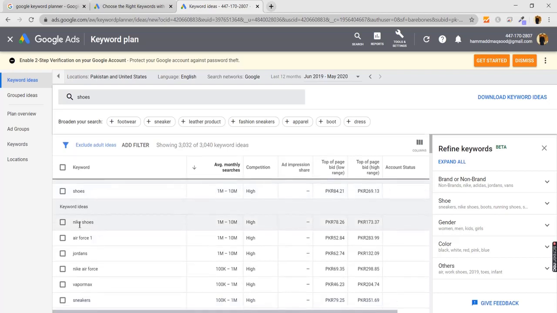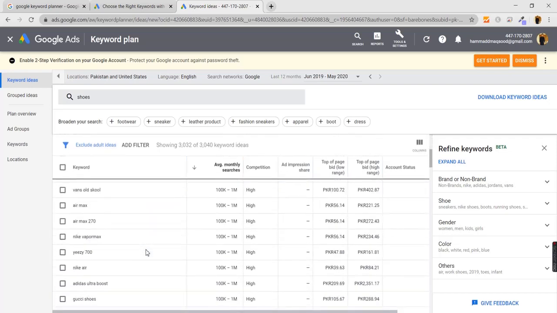And likewise this Nike shoes keyword is searched 1 million to 10 million times, and its competition is high, and top of page bid in PKR is 78, and top of page high range is 173.